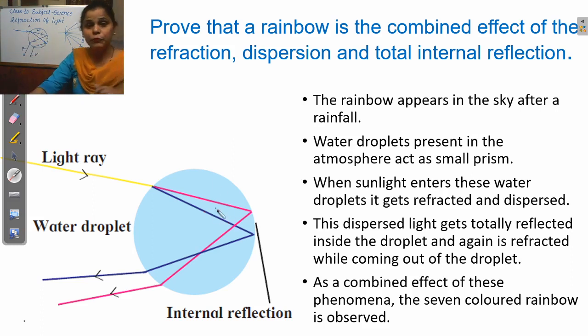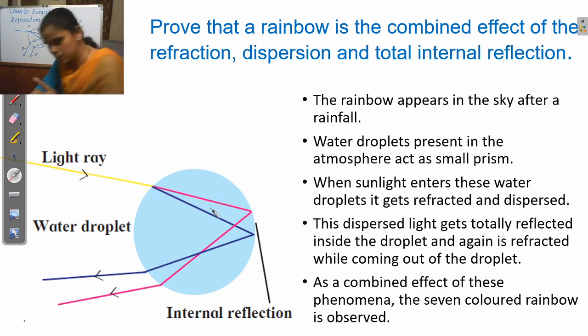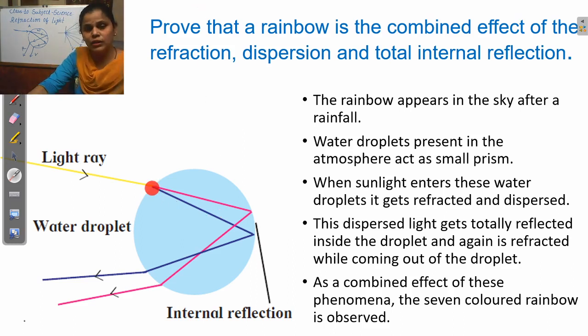It's clear? When this light ray enters this water droplet, then this light ray gets refracted and dispersed. Dispersed means, I explained in the lecture on dispersion of light, when the light ray divides into its components, that means into the 7 colors from red to violet. Red, orange, yellow, green, blue, indigo and violet. These 7 colors. So this light ray gets refracted as well as dispersed, and this